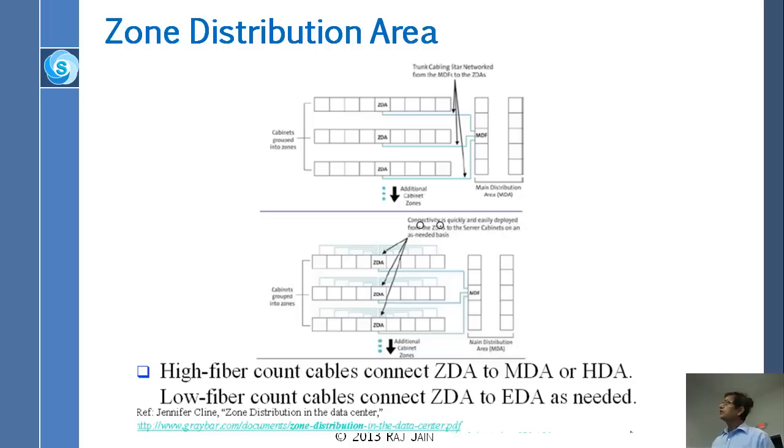For example, if you define this group of equipment, these racks, as a zone, you can put all of them in a zone. So you go from some place to the zone distribution area, which is right there, and then from there you go to each of these equipments. So the zone distribution area is in the middle, as opposed to you having to come to all of these. It's very similar to the idea of top of the rack versus end of the rack. It's just that if you have a zone in the middle, then it minimizes some wiring, and then you can go from the zone to the equipment with a much shorter cable. So this is just the optional part of that.